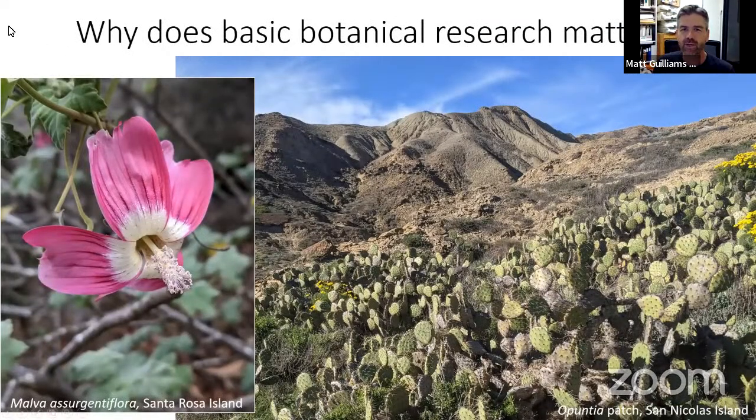Okay, so why does this basic botanical research matter? Why should we care about the individual units of biodiversity like Malva assurgentiflora on Santa Rosa Island, or the communities they form, like this beautiful Opuntia patch on San Nicolas Island? Why does it matter? Well,